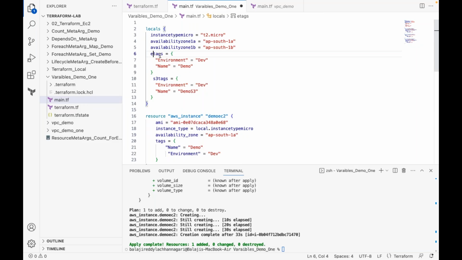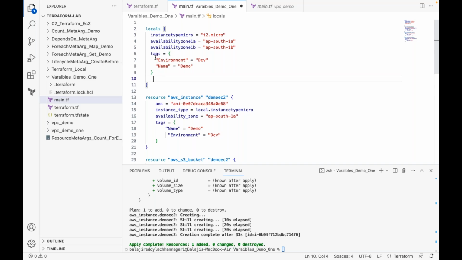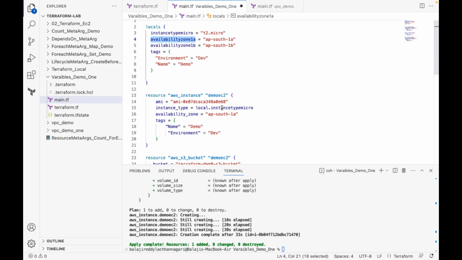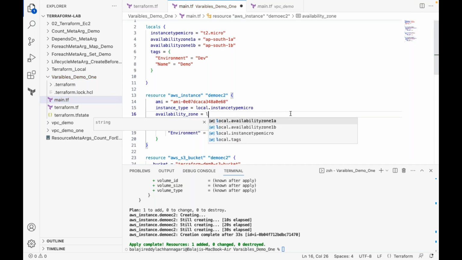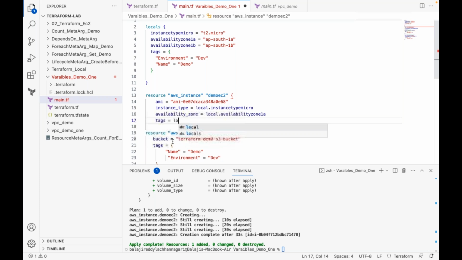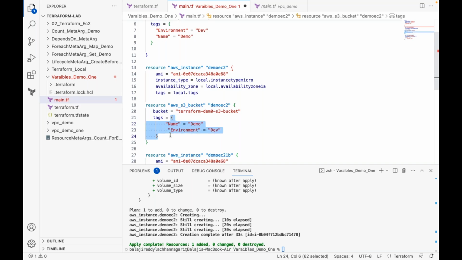This is your own key, guys. You can give anything. Don't think you always have to give it like this. This is your own local variable name. Now here I can refer to something like this, t2.micro. Instead of hard coding this one, I can say local dot whatever, like this, local dot whatever. Now here also I can say,